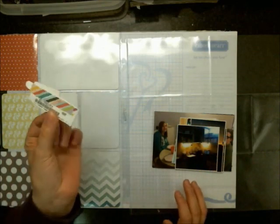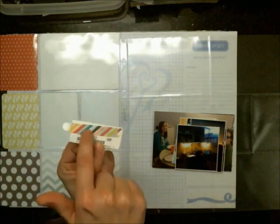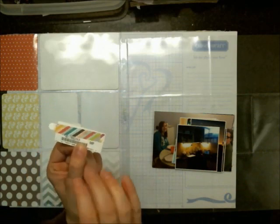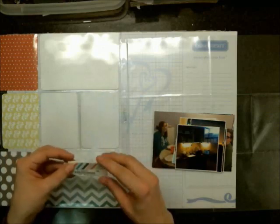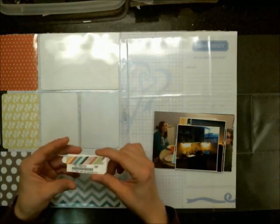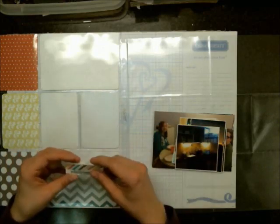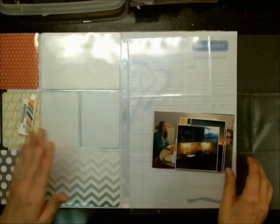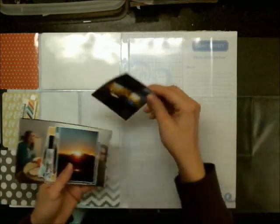So excuse this piece, but it's the armband that I got from the hospital, and it's got my last name here, and I don't feel comfortable sharing that. Some of my really close friends on YouTube know my last name, so that's the only reason why that's covered. So I have these all divided up,